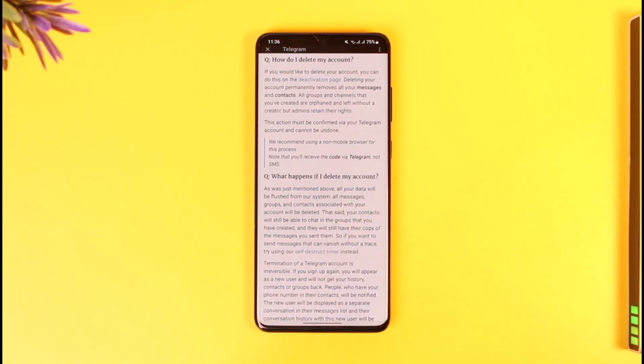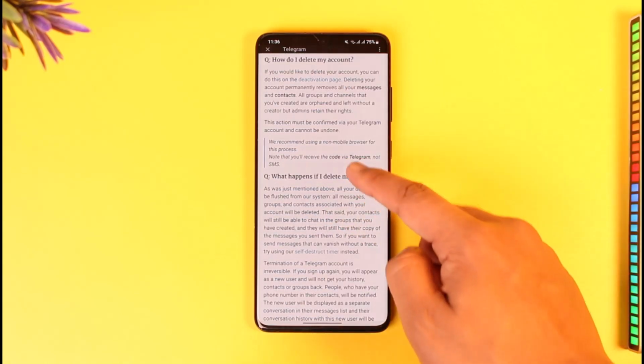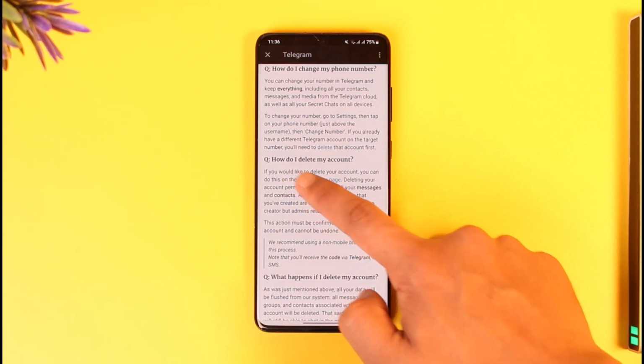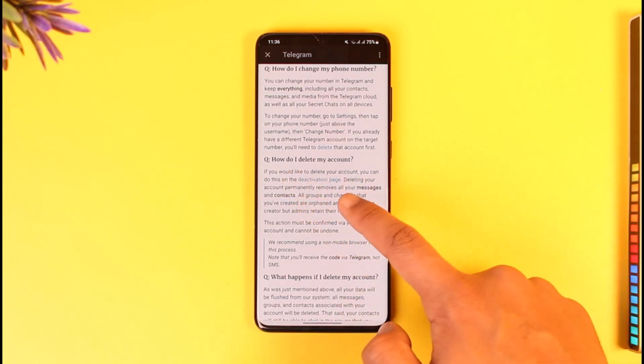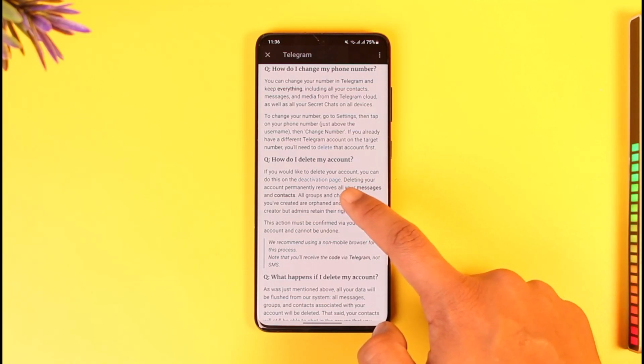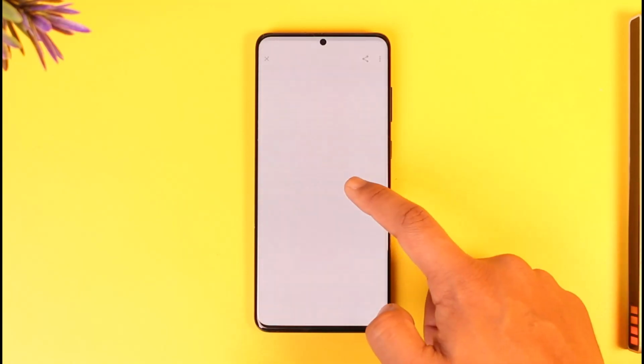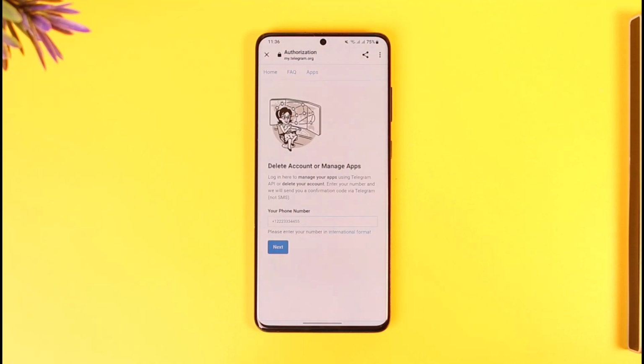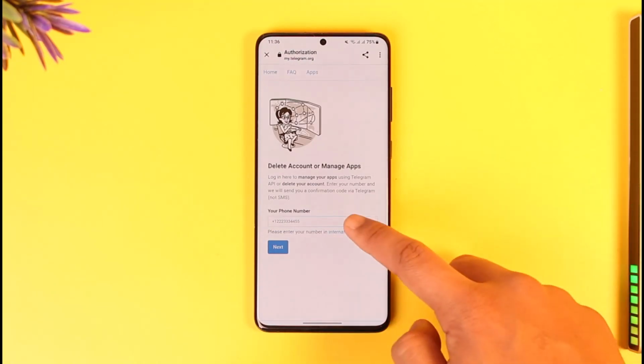Tap on the delete your Telegram account link, and here you can see the question, how do I delete my account. Here you can see the deactivation page sentence highlighted in blue, so tap on this deactivation page link. It will take you to Telegram's deactivation page, where first of all you have to enter your phone number